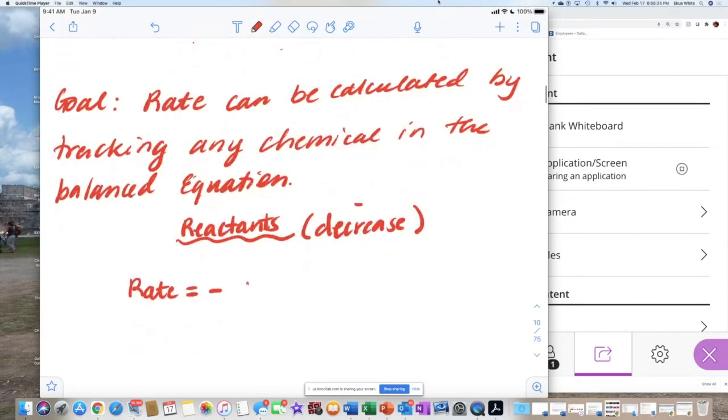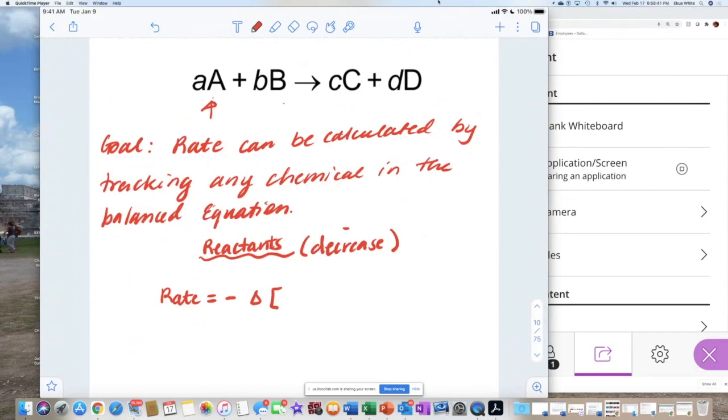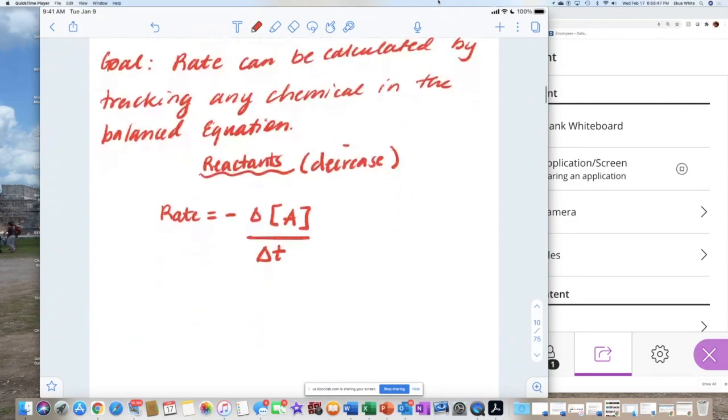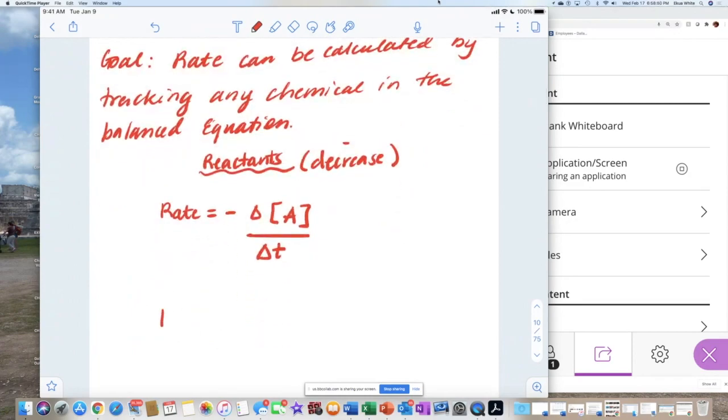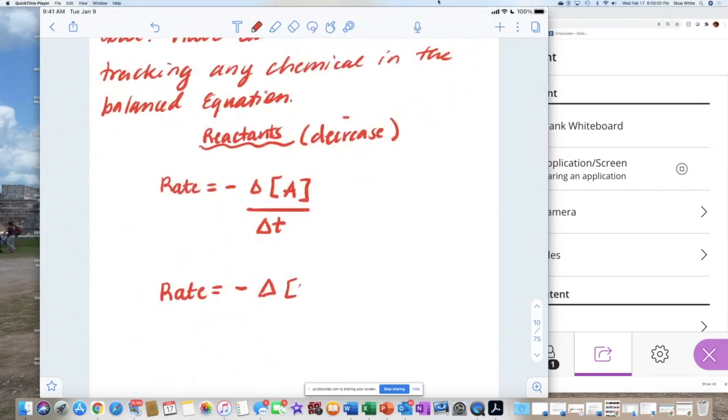And then you have a change in the concentration of the reactant. So I'm going to start with reactant A. Change in A over change in time. Okay? I can get the rate this way, or I can get the rate using the other one. Negative. I'll come back to the coefficient. I'm not done. Change in B